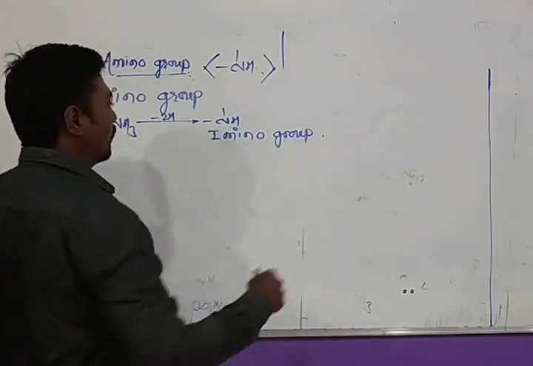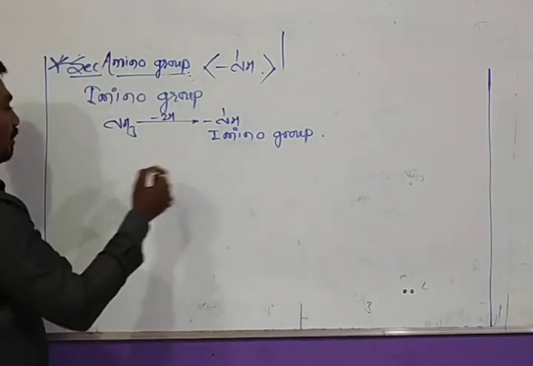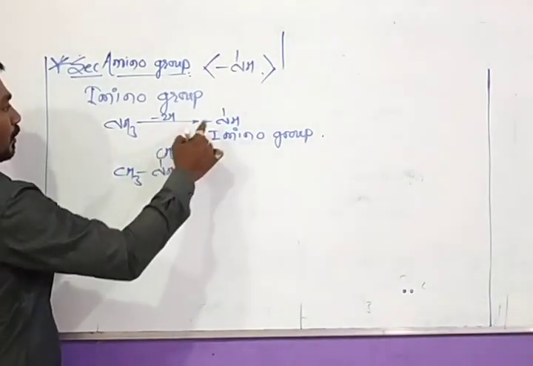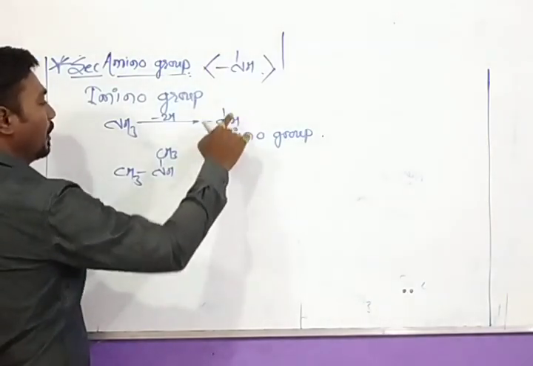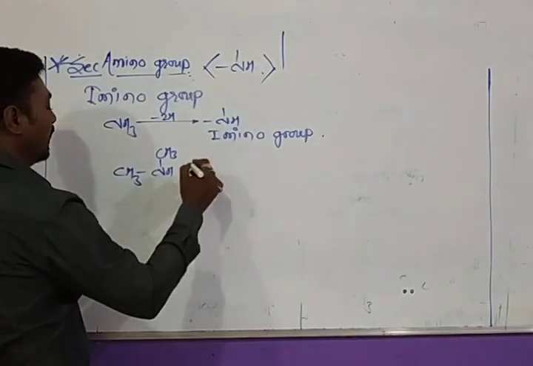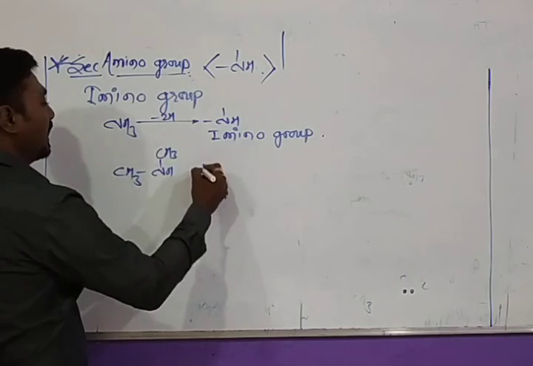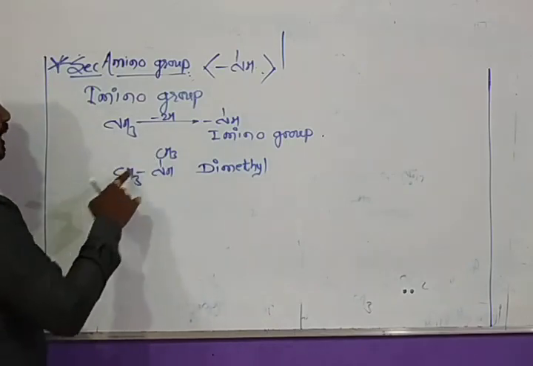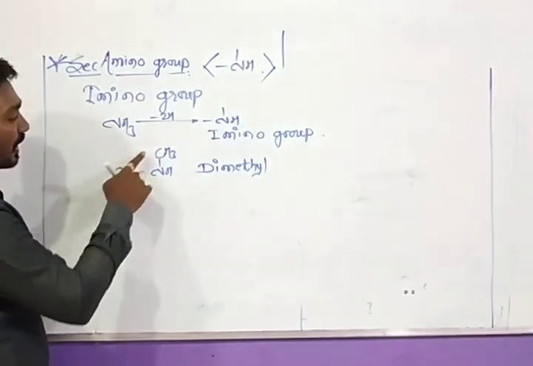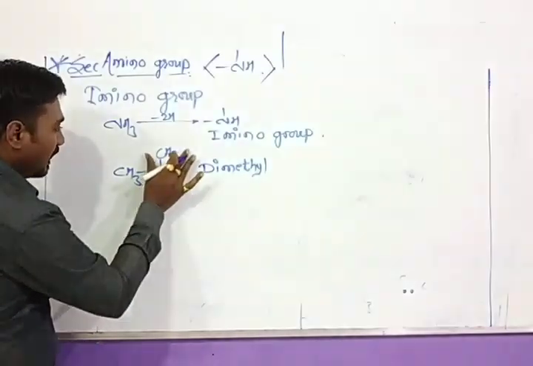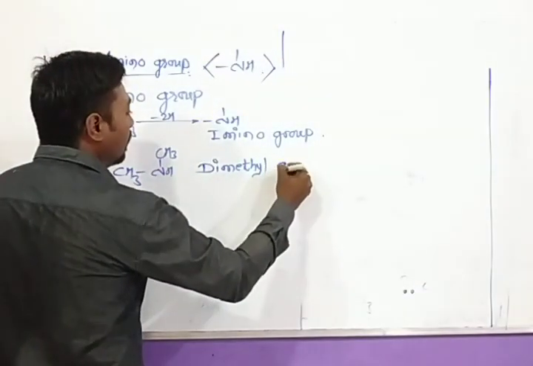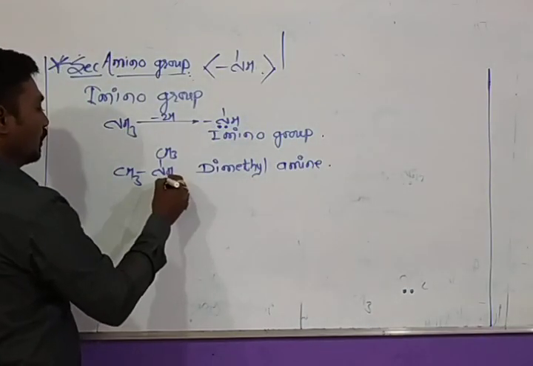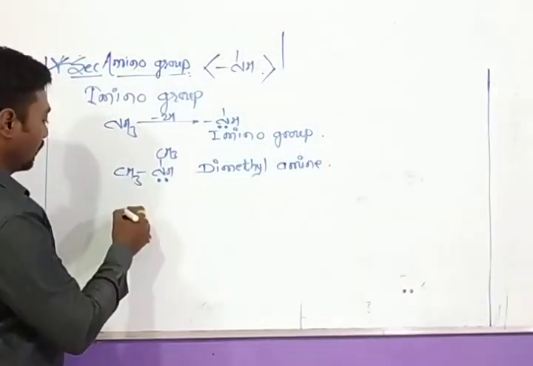In similar fashion, we can form different compounds by choosing different alkyl groups attached to the side links of the amino group. This will be a secondary amine, and it is dimethylamine. All common names are always given according to the presence of alkyl groups or hydrogen. Here two methyl groups are present, therefore this amine is dimethyl amine. Here also a lone pair is present, therefore these amines are also basic in nature.